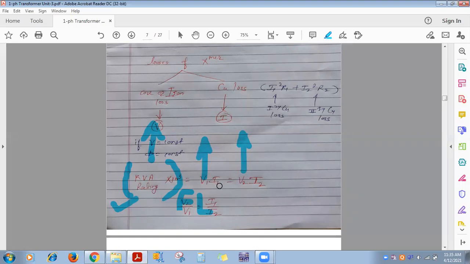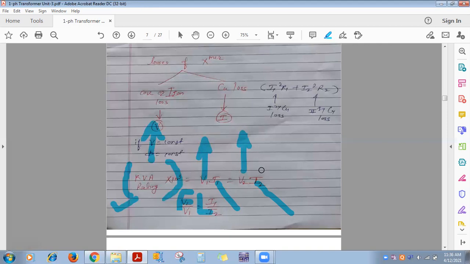So whatever I1 and I2 you get here will be at which load? Full load, half load, or any load? Full load. Very good. So current at full load and current at, suppose, half load or 75% of full load. Suppose you are changing the load from no load up to full load. So do I1, I2 change or not? We have seen, as you go on changing the load on the transformer, I1, I2 change. If you increase load, I1, I2 increase. If you decrease load, I1, I2 decrease.